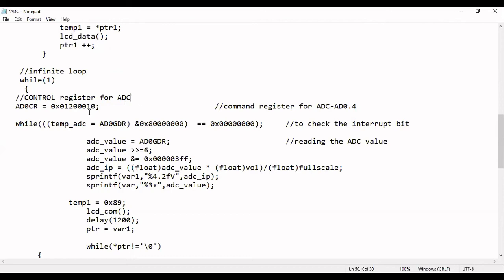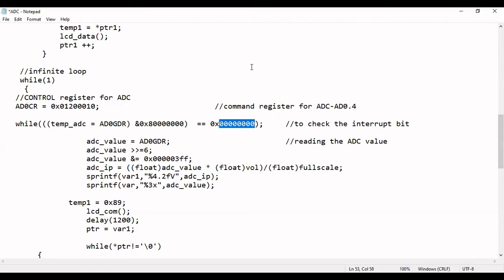So it is going to read the value or the data present in the AD0GDR, and you are going to AND it with the 0x80000000 value. If it generates a non-zero value, that means your conversion is done. Otherwise, if it generates a 0 value, if you are ANDing that value with 0x00000000, the done bit will become 0, so the conversion is not done.